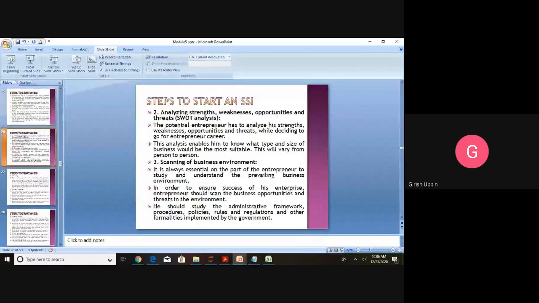Okay, so which suits his strength, which can exploit the opportunities that are available. He can select according to the SWOT analysis. Then scanning of the business environment. Scanning of the business environment is essential because we need to understand the environment, what are the opportunities that are